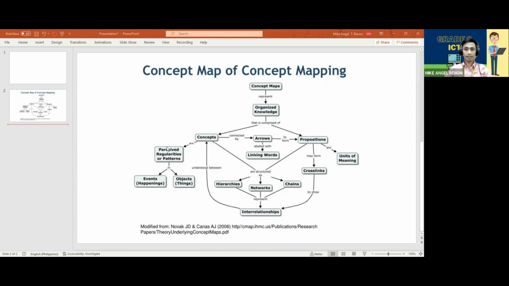So we have the concepts that's inside the shapes. You also have the arrows that would represent the relationship of one concept to another. And in between those arrows, you can also specify what kind of relationship is present between the concepts. So just like this one, the arrow represents the term represents. This arrow represents the term connected by,